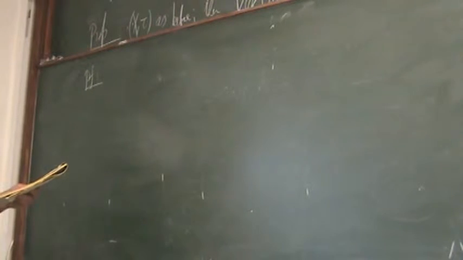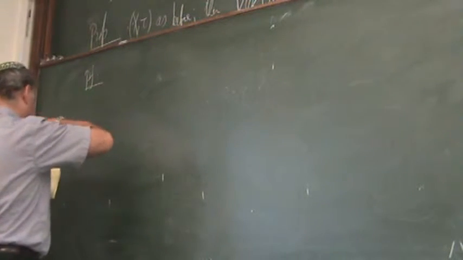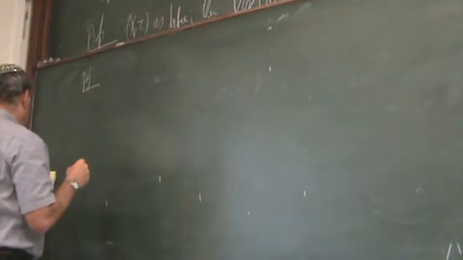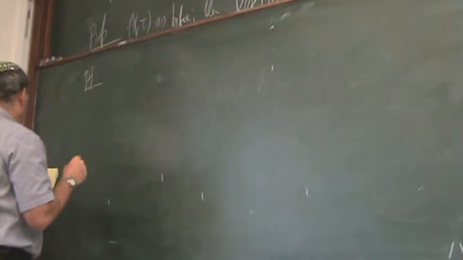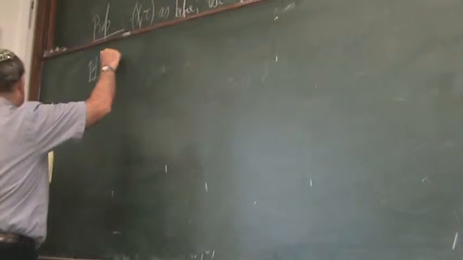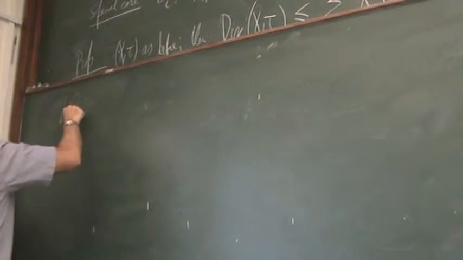I already had the lemma 0, which basically was kind of a tautology, but it was important to notice this tautology because it was because of the regularity. Here we really used the regularity in an essential way. Now I want to say the following, that I want to define another graph. Okay, so we will do the following. Let's call it lemma